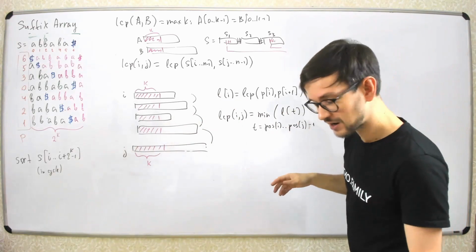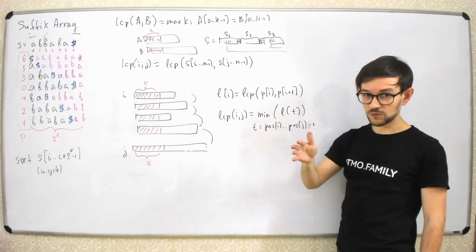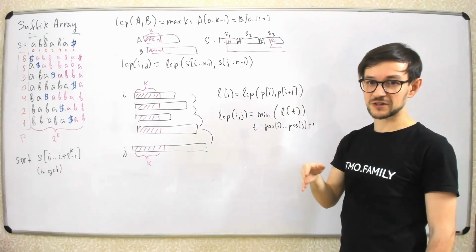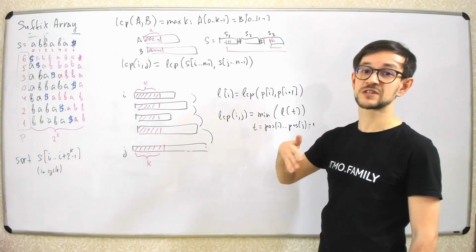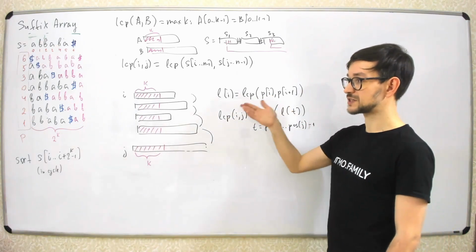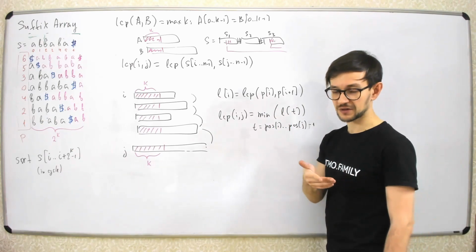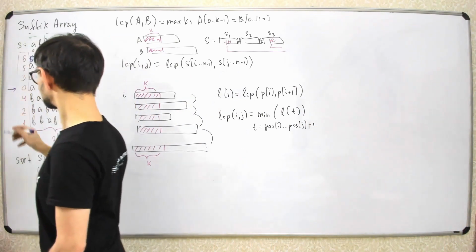So how to build this array? You just go and build it, starting from the longest suffix to the shortest suffix. So you take the longest suffix in your suffix array. What is the longest suffix? The longest suffix is the suffix starting with character 0. So you take this suffix